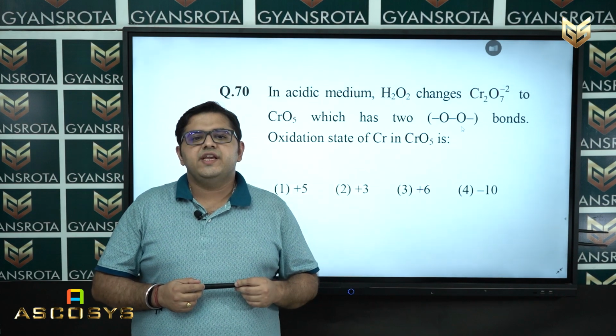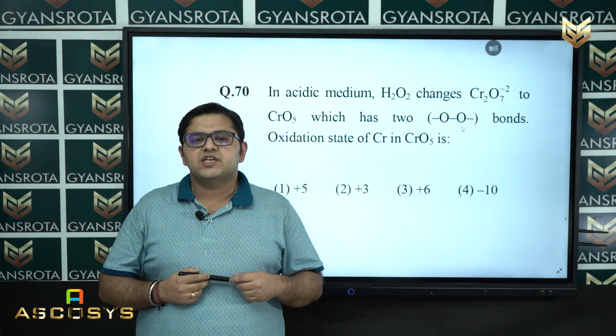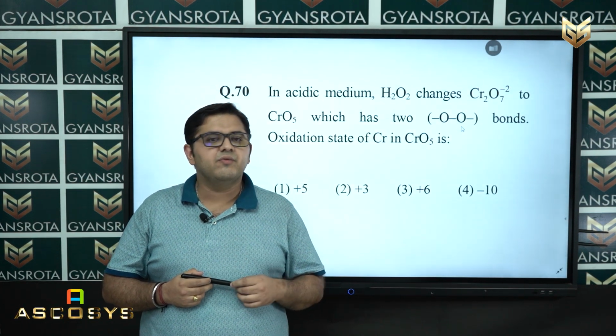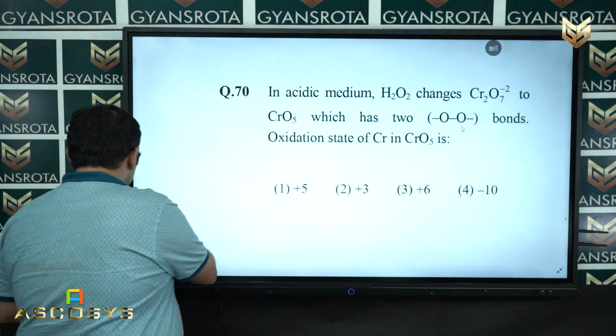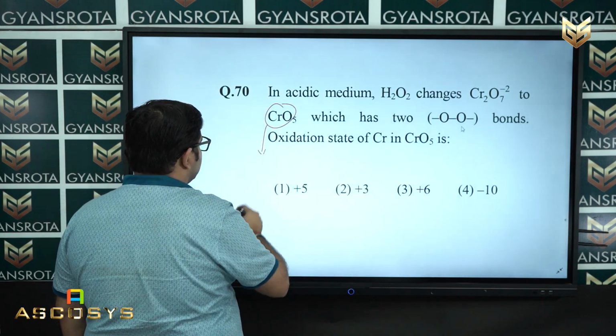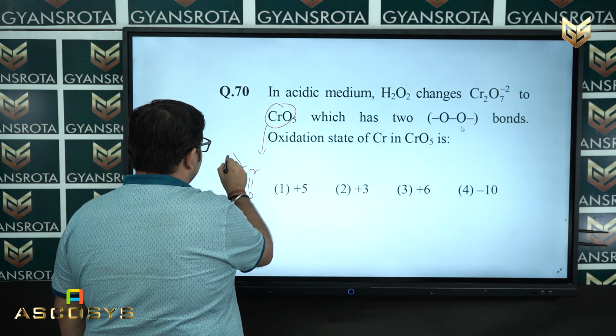Question number 70 is on your screen. In acidic medium, hydrogen peroxide changes dichromate to chromium 6 peroxide, which has two OO bonds. Oxidation state of chromium in chromium 6 peroxide is. This question comes from your redox chapter of your class 11 NCERT. Now we are moving to the solution part. It's very easy, you just should know how the structures look. So the structure of chromium 6 oxide will look like this,